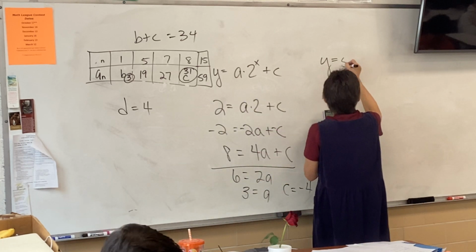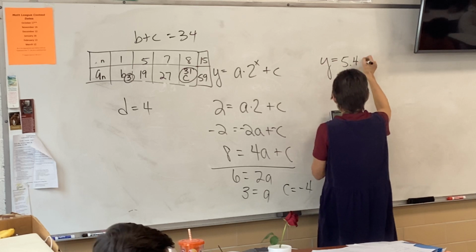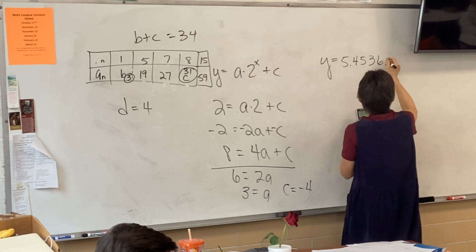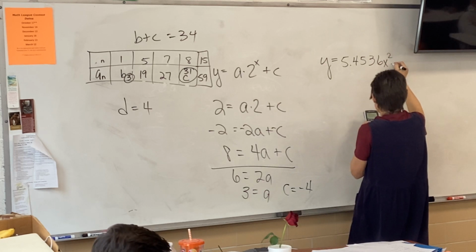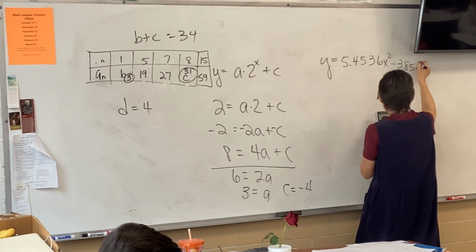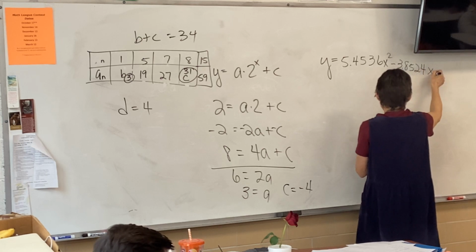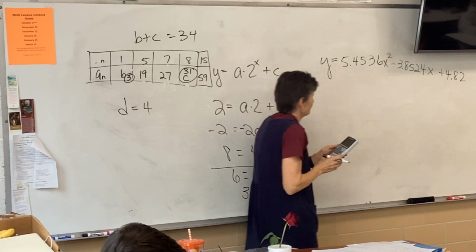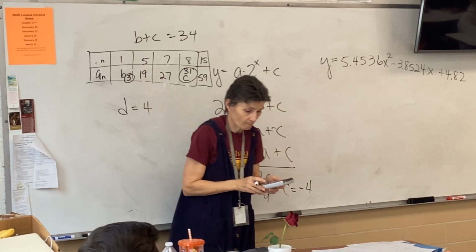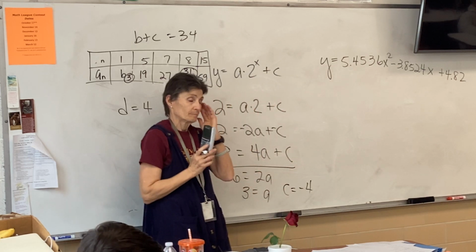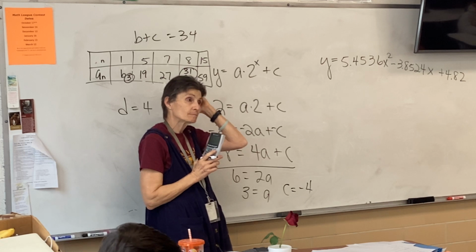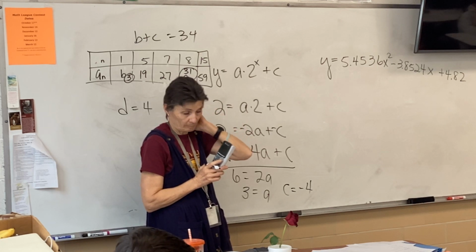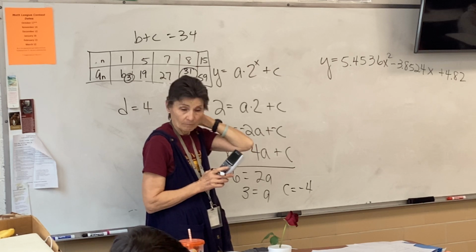And I got 5.4536x squared minus 3.8524x plus 4.82. That's what I got. Is that what yours looks like? Okay,